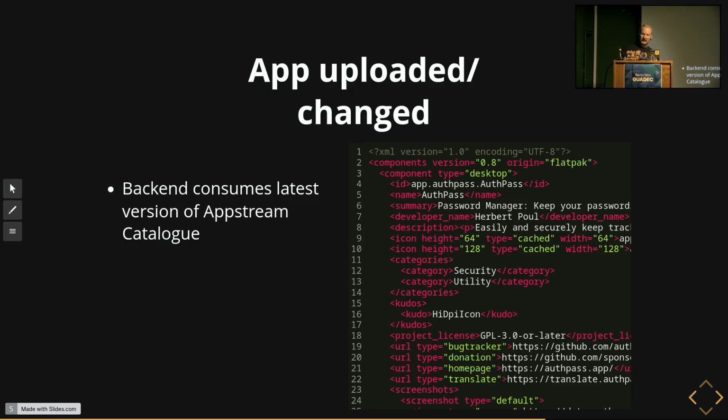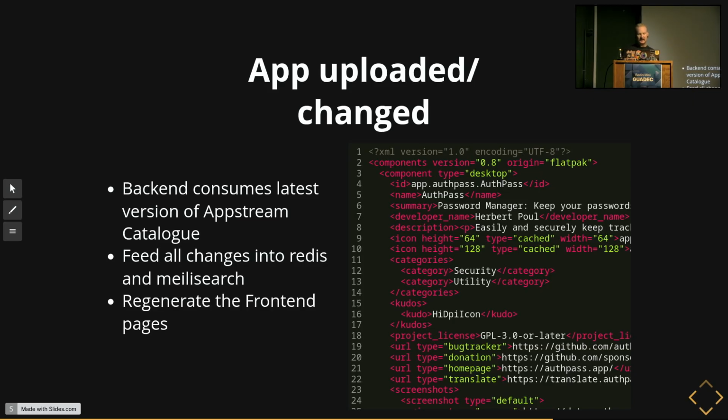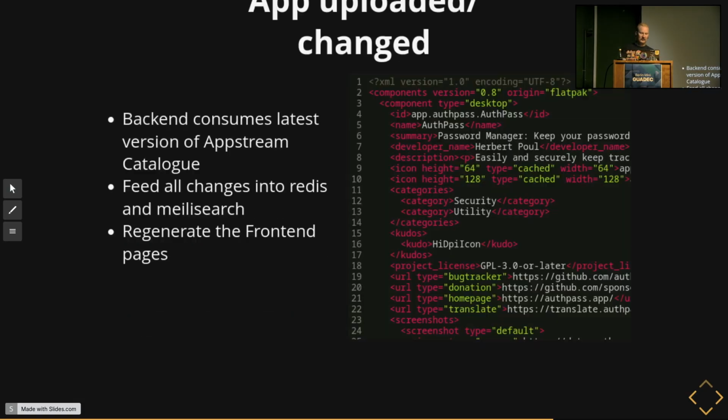And it has all the data that we're trying to show you on the website. We parse that, we accumulate it, we feed it into Redis and into Mighty Search to make it searchable. And then we regenerate the front end from the back end, basically asking for changes. So that way you end up with your app refreshed or with a new app showing up at all.